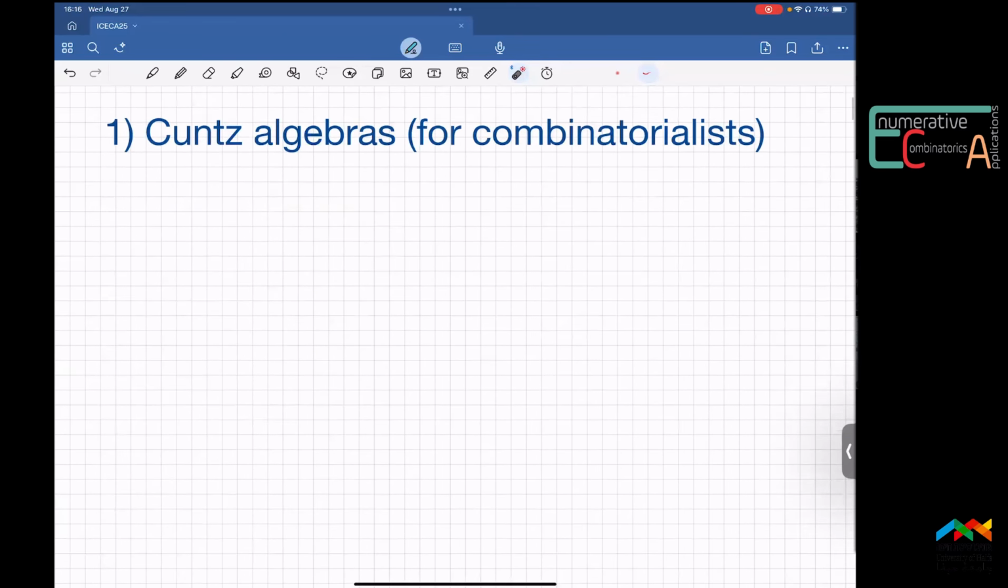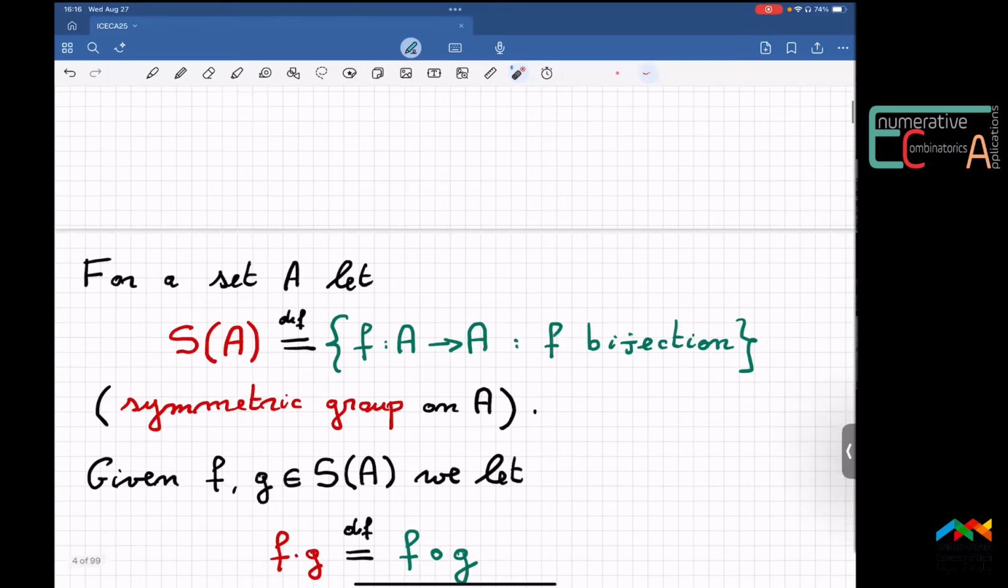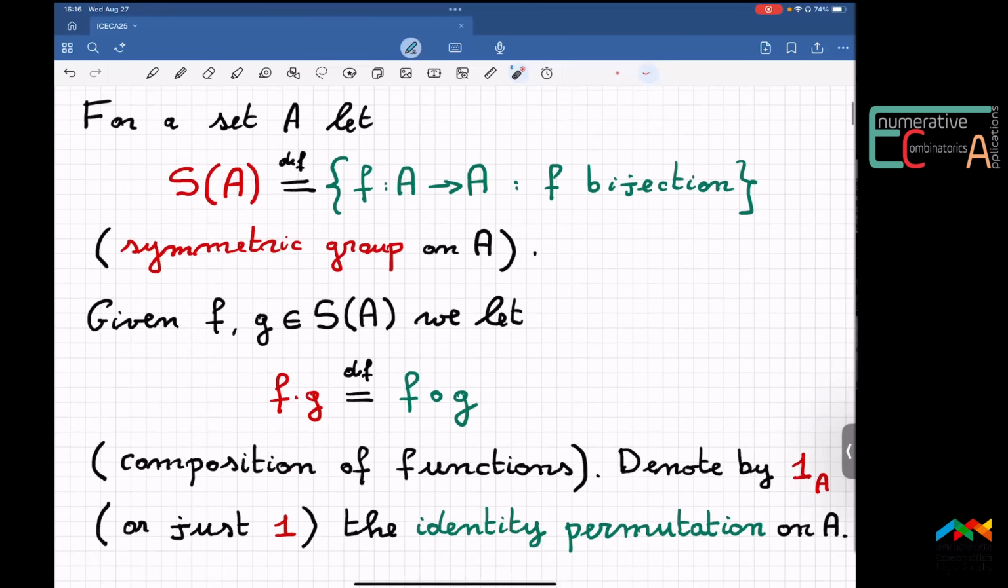As the title suggests, this is an informal introduction to Cuntz algebras, definitely not the formal definitions. This is how I first understood Cuntz algebras when my mathematical physicist co-author Roberto Conti first explained them to me. So that's what I want to do. I want to share with you this understanding that I gained of Cuntz algebras, which is very operational. As you'll see, I will be informal, but I will give you a feel for what it's like in practice to work and